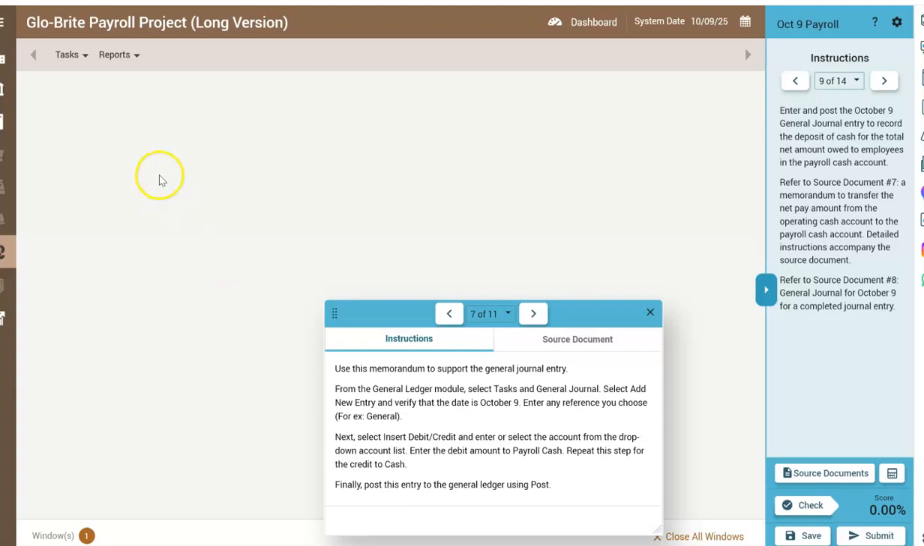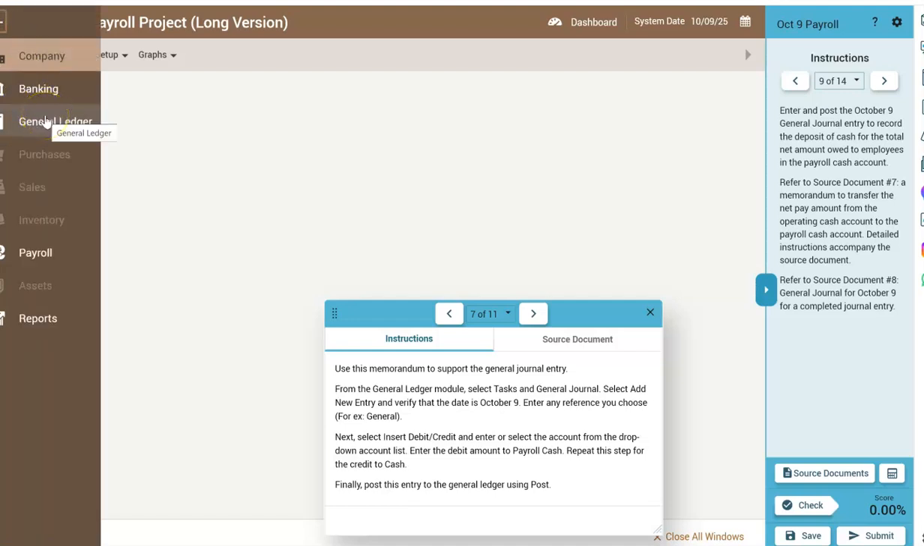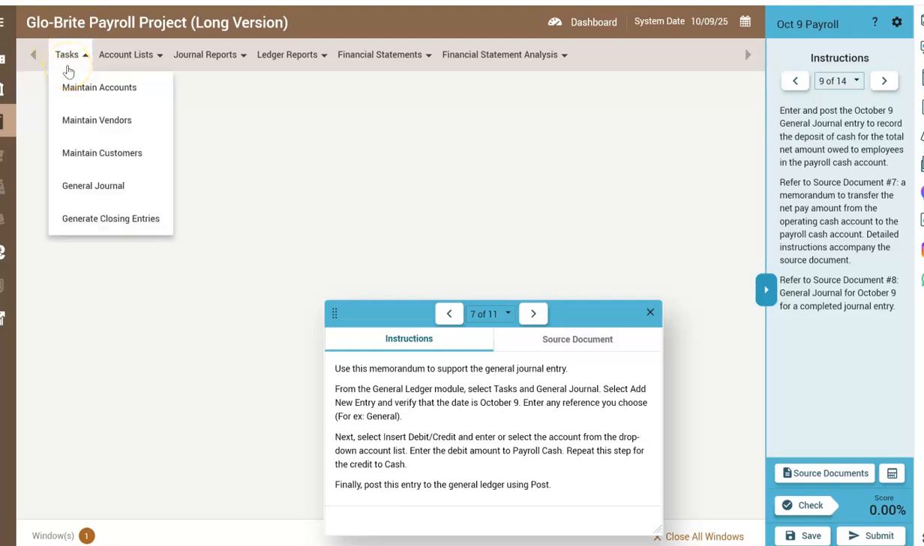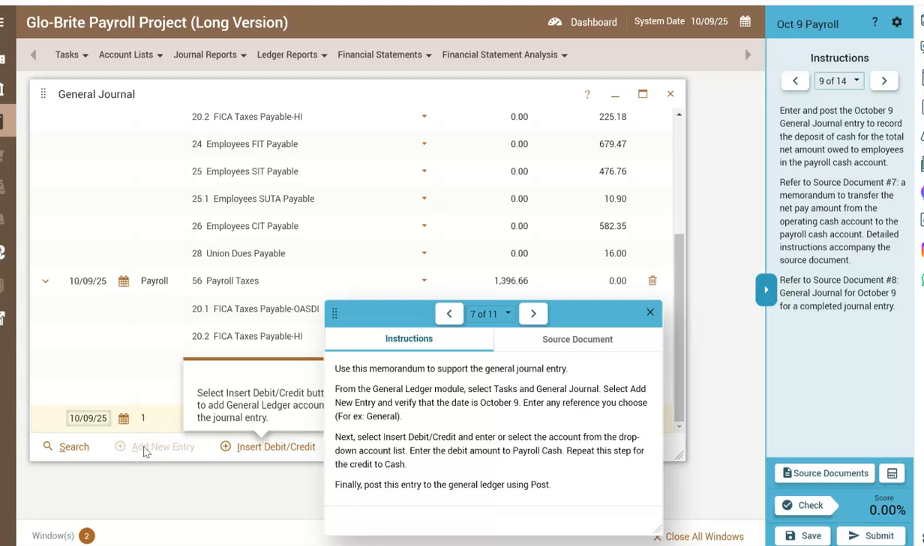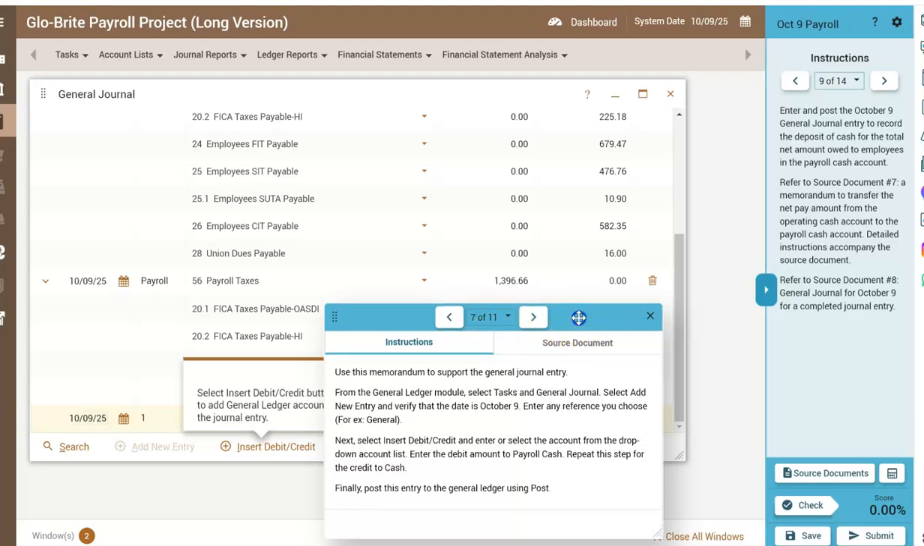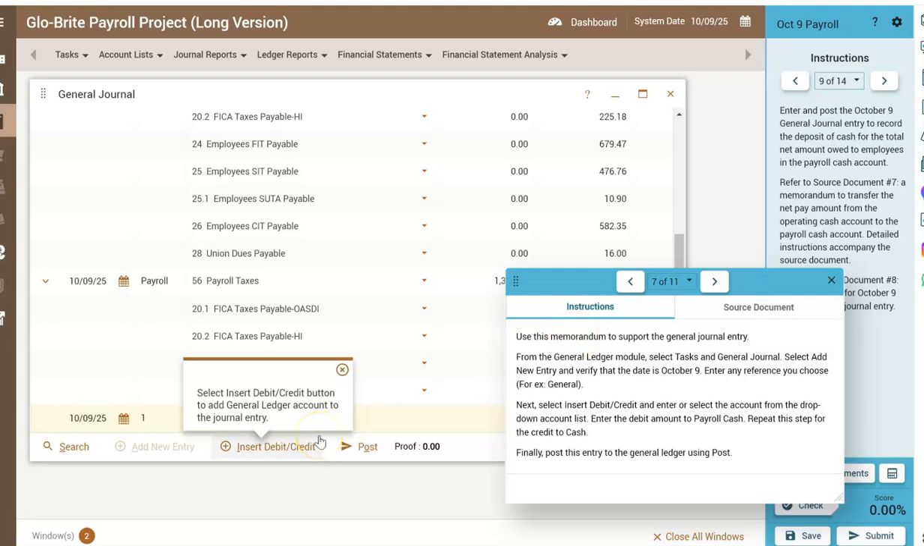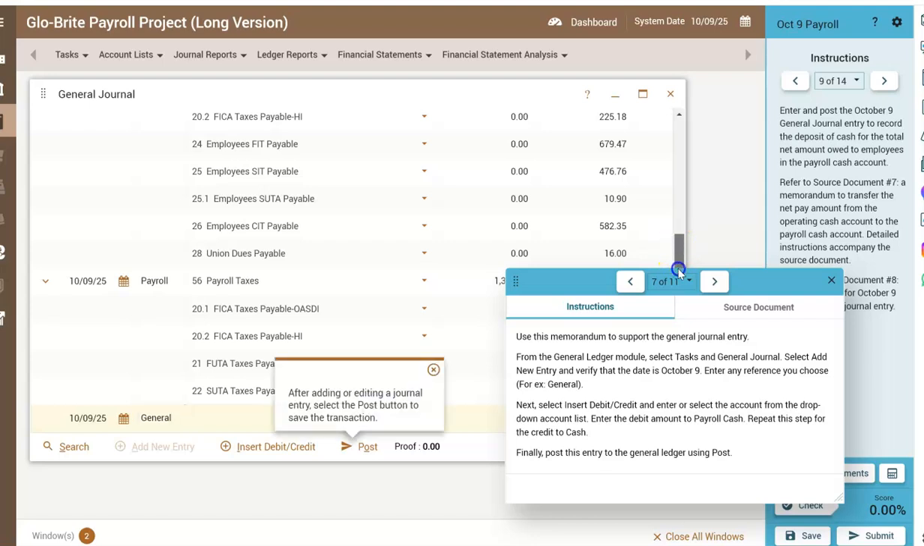From the general ledger module, select Tasks and General Journal. Select Add New Entry to start, and verify that the date says October 9th. So we see the system date says October 9th. Enter any reference you choose, for example, General. So here we'll put General in here, okay, and then